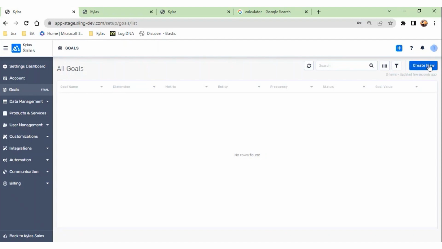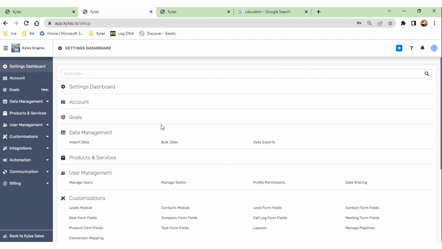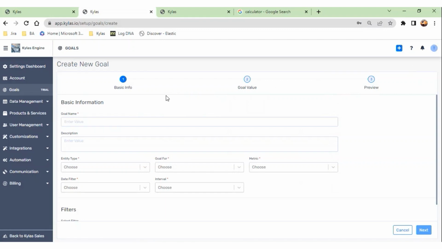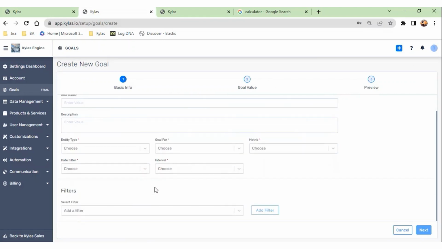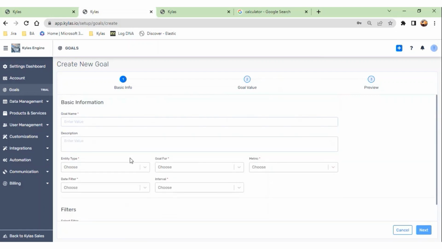Now you can see the create new CTA is enabled for me. Okay. So what I will do is create a new goal. This is my test account actually. So to create a goal, I can click on this create new option, and here is the first step. This is a 3-step process of creating a goal. And on the first step, you will need to put in some basic information. Like